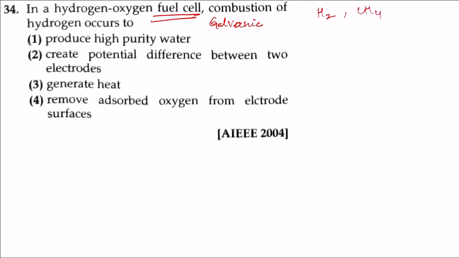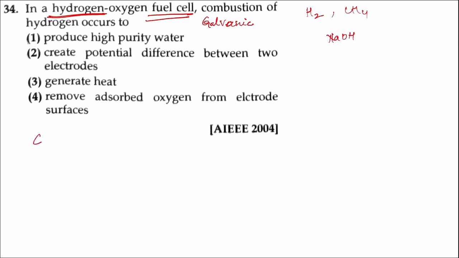Now in a hydrogen-oxygen fuel cell, the fuel is hydrogen and porous carbon electrodes are used. Platinum or palladium is used as catalyst. The electrodes are coated with this platinum or palladium powder which acts as catalyst, and the electrolyte used is a concentrated aqueous solution of